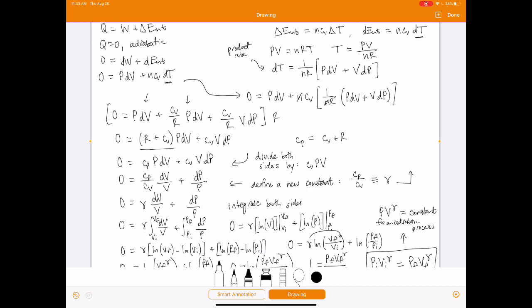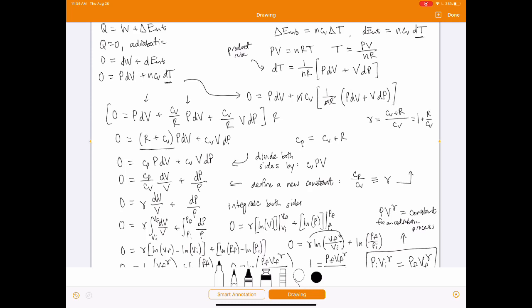There's another way to write down gamma. Gamma is the constant pressure specific heat divided by the constant volume specific heat. We'll remember that constant pressure is CV plus R, so I'm dividing that by CV. That's the definition of gamma. In other words, it's just 1, because CV divided by CV is 1, plus R